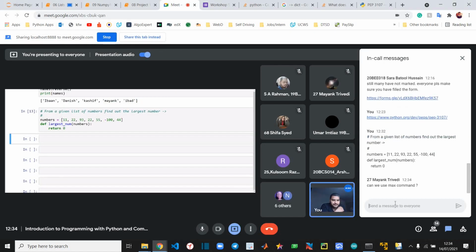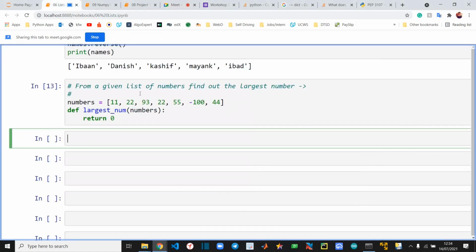Anybody who did this? Yeah, you can use the max command, definitely. But a bit above that, if you are not writing the whole algorithm, you can use the max command, obviously. So what he is talking about is there is this max command in Python.